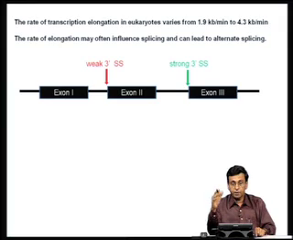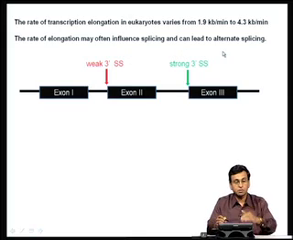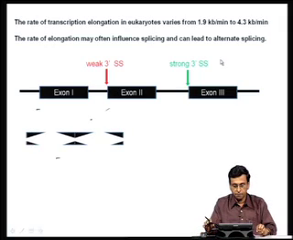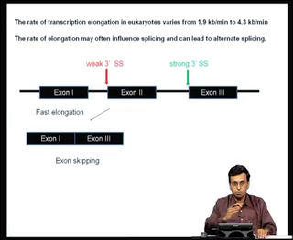So, depending upon what kind of elongation factors are present, certain genes can be elongated at a slow rate and certain genes can be elongated at a very fast rate. It turns out the rate of elongation may also influence splicing and can lead to alternative splicing and generate 2 different messenger RNAs. For example, in this particular case, when the transcription elongation is proceeding at a very fast pace, then